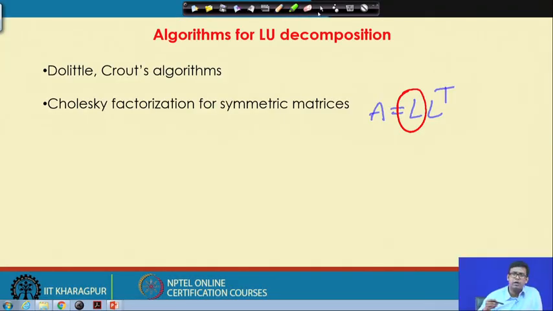And these are popular algorithms also. All the algorithms we will discuss in this course have a unique feature: they can be very easily transformed into a computer program, and that is the source of their popularity. These are popular algorithms because it is easy to write computer programs using them. So, if we see Doolittle's algorithm,